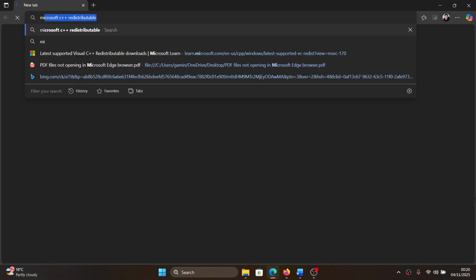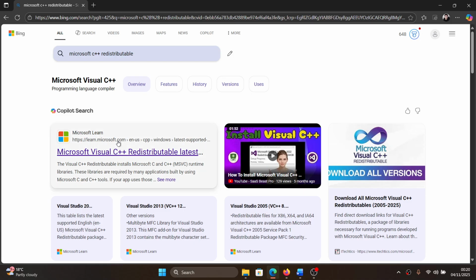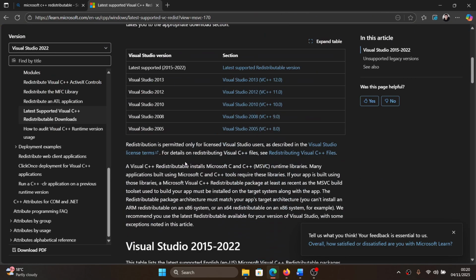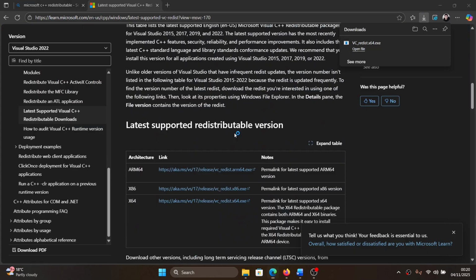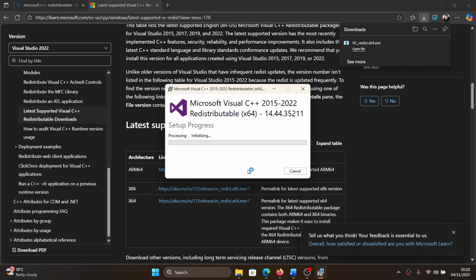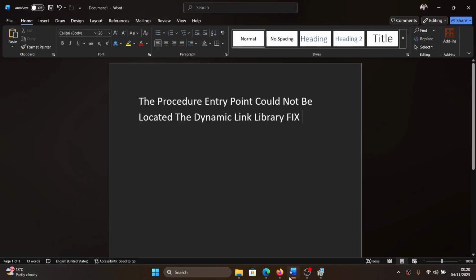So search for Microsoft C++ redistributable in your browser and go to the Microsoft Visual C++ redistributable page. And then go to the x64 version. Click on open, click on repair and repair it. Okay, now once this is sorted out,